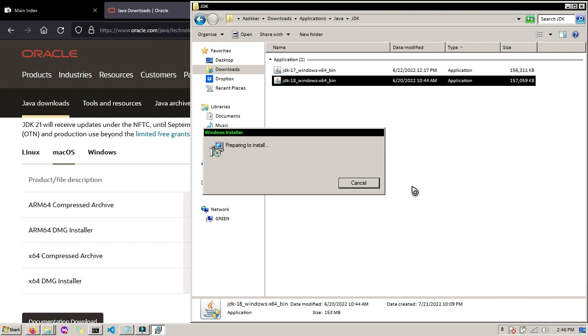Installing JDK is very easy to do. So it is just like you're installing a normal application in your device. All you need to do is patience and a little time to load the installer. So as you can see, the installer of the Java Development Kit is loading on my device.